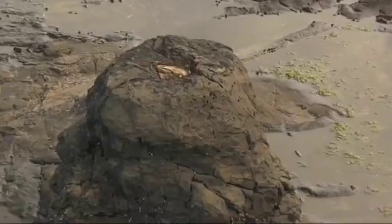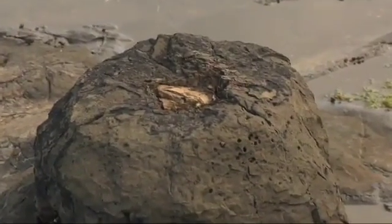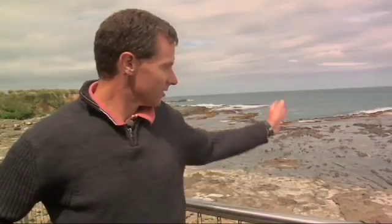What happened to it that it's become petrified and turned into stone? A neat thing from our point of view, but a disaster at the time, I guess. The scientists suggest that the hills in behind had a lot of soft sediments, probably from volcanoes and things like that, and then a massive flood has come through and washed all that sediment down onto a big open floodplain. And this place has copped it. It's all been knocked down and at the same time covered in mud